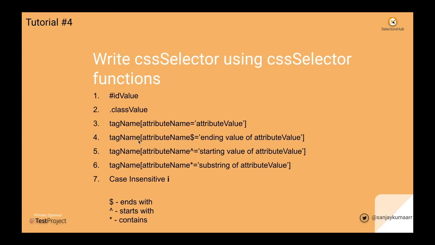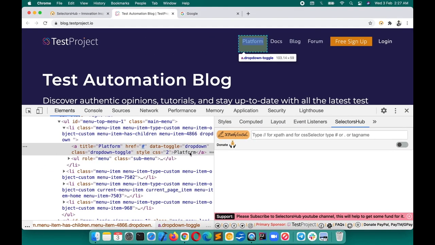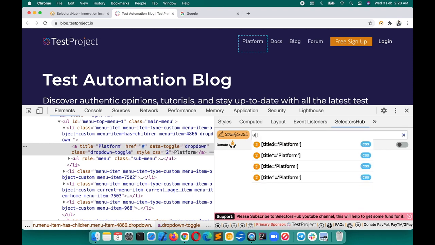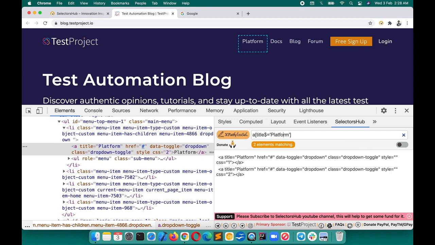Then tag name star, sorry, dollar. If we want to write a CSS selector whose ending value, we want to pick only the ending value. So for an example, let's say we want to write a CSS selector for all those elements which have title as form at the end. So what we will do, we will type a and then title. We want all those links in this page,